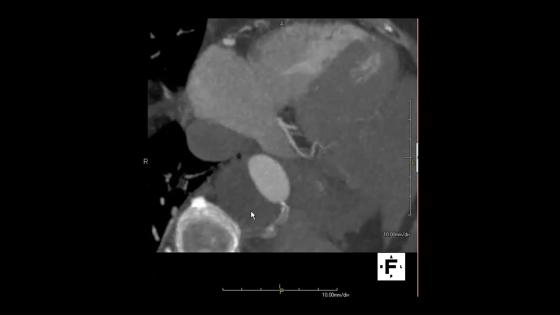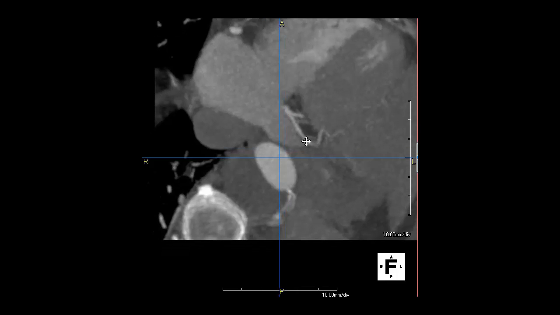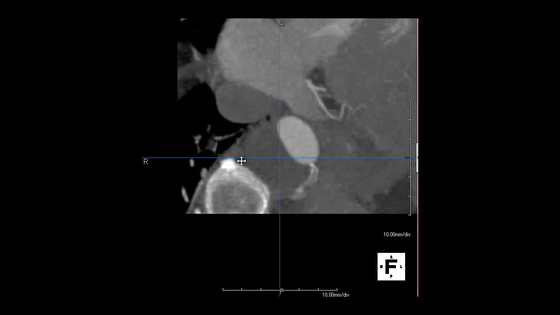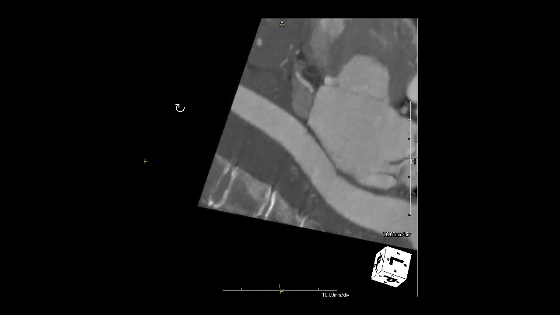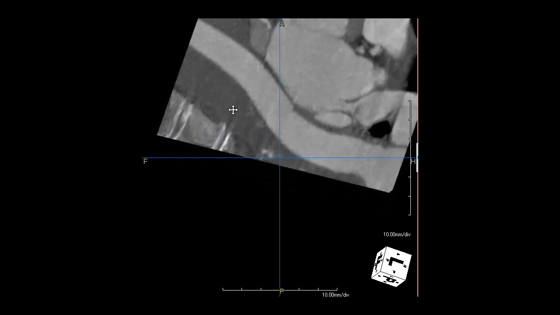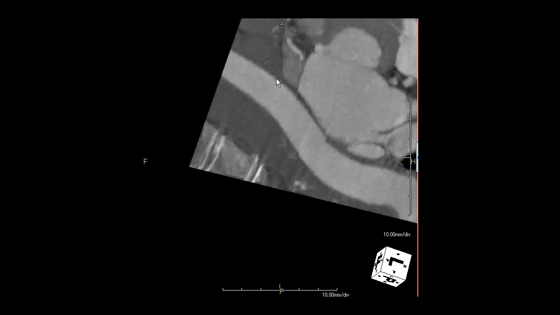Although we don't have complete review of the ascending, transverse, and descending aorta, we have a reasonable view of the thoracic aorta. You can again see the oval-shaped lumen, and then this is the dissected portion of the thoracic aorta. If you proceed to put this in a relatively oblique view, you get a better comprehension of the overall extent of the dissection, where the vessel itself has a diameter probably on the order of